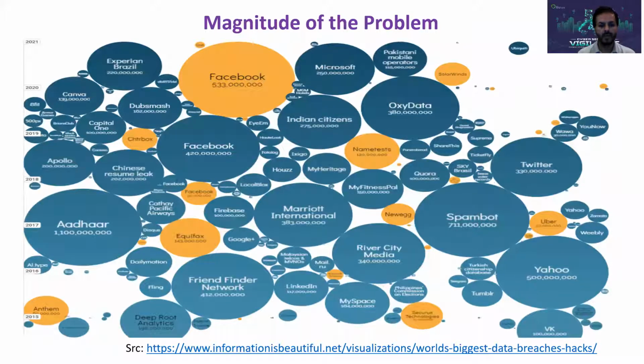So the problem, the magnitude of the problem, and this is taken from informationisbeautiful.net. Now, this image basically just depicts the vast array of breaches that have taken place. And there are two key points that I want to emphasize here. One is nobody's immune. Whether it's Facebook or Microsoft, we've got examples of organizations that have vast amounts of money and security resources at their disposal, yet they were breached. Sony being another example. So it's not the case that if you've got organization and resources, you don't get breached. You can still get breached.